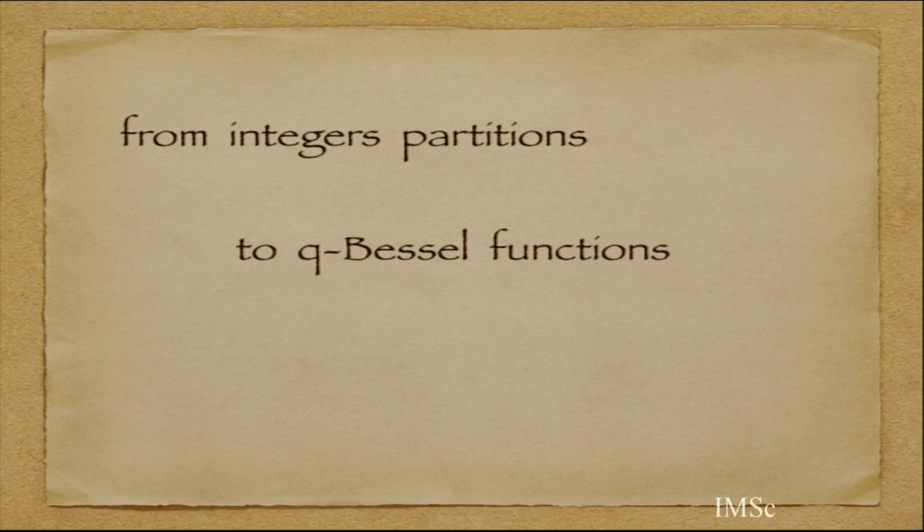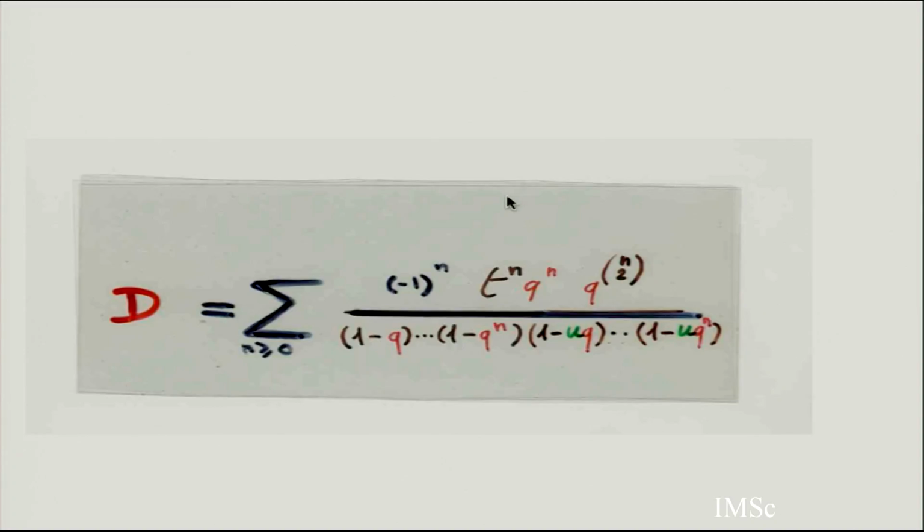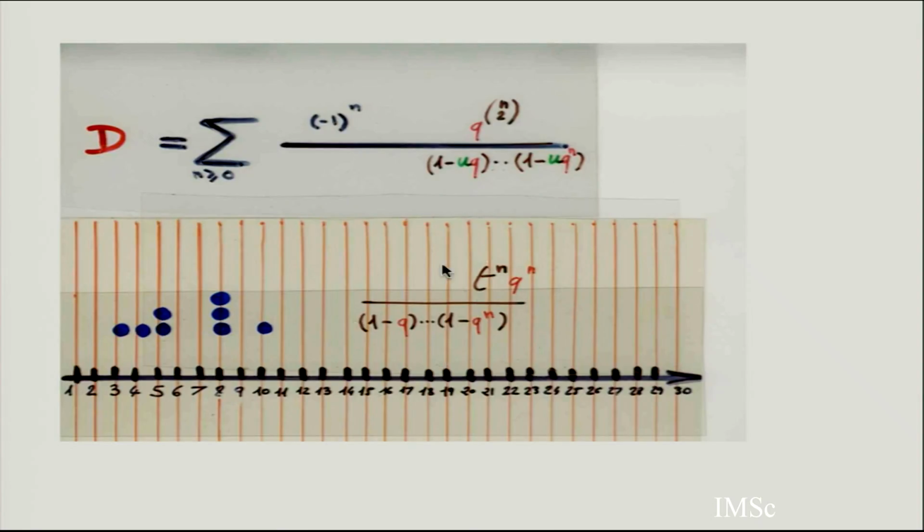Like this. So from integer partition to q-Bessel. Let's decompose this to see where the double is. This is 1 over this, the partition. Again, another partition. I take this term in the fraction and I am going to decompose it. This term is a generating function for partitions with at most n parts. If I put 1 over this, it's partitions with at most n parts. Multiplying by q to the n means partitions having exactly n parts, and t is counting the number of parts.